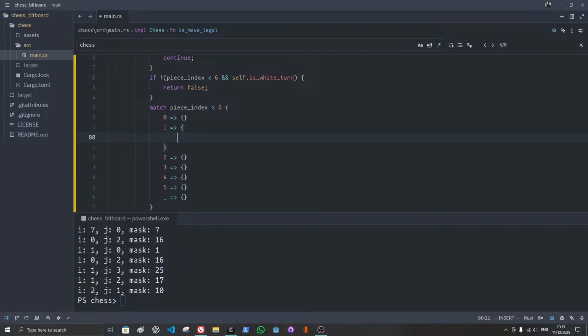So if the knight falls outside of the board, we would have to check exactly what file or what column the piece is in, and then